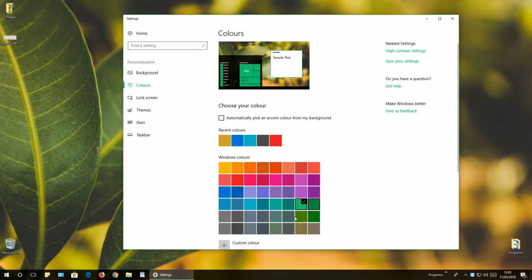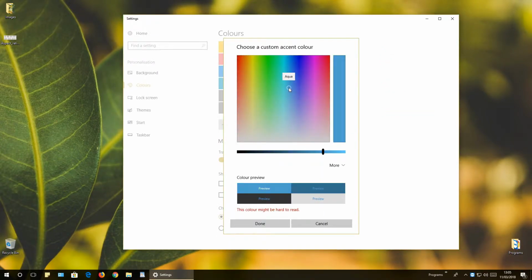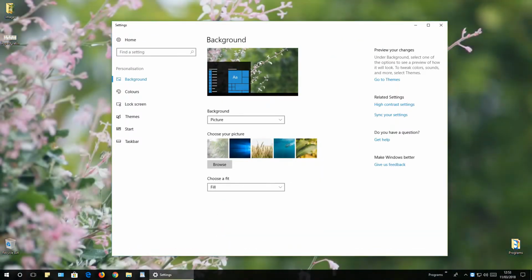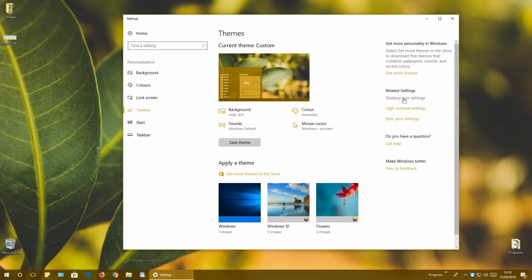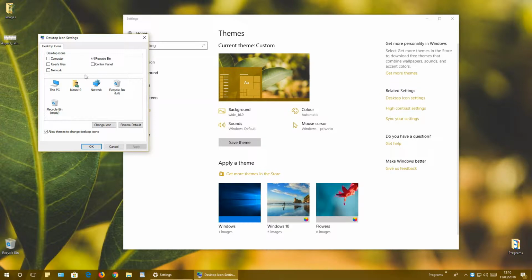Hi guys, and welcome to another video of ACOnetwork, and today I'm showing you how to personalize Windows 10. Yes, that means how to change the basic color of Windows, how to change the background on desktop, lock screen, login screen, about icons, those default icons, My Computer and Network and so on, how to enable them, and a little